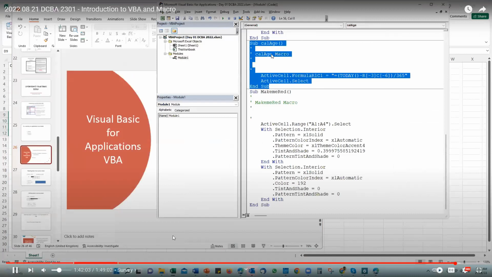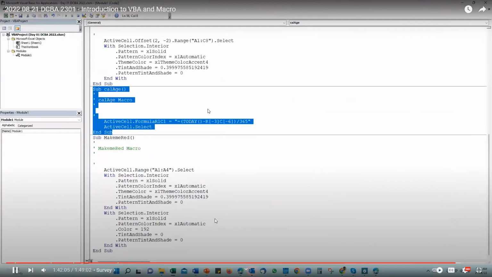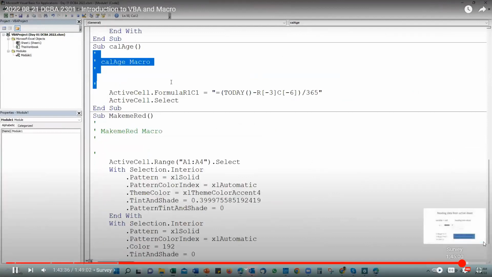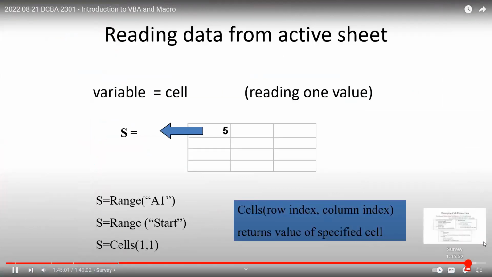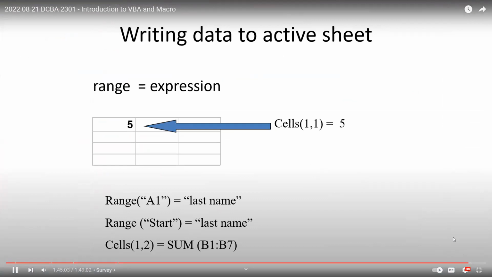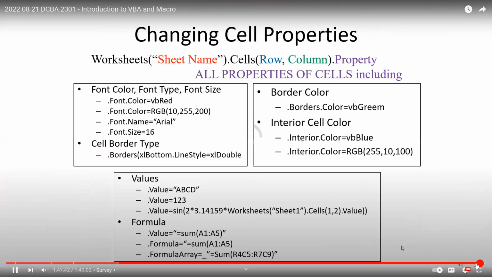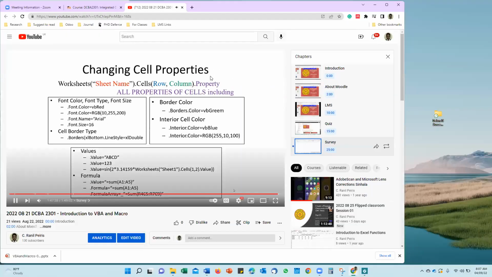I will turn on the sound. Right, writing and reading. Now we can start, but before we go to that part, please tell me if you